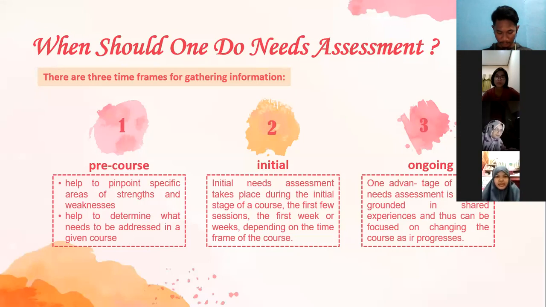Okay, the first point is how to pinpoint specific areas of strength and weakness. And the second point is how to determine what needs to be addressed in a given course. And second is initial needs. The initial needs